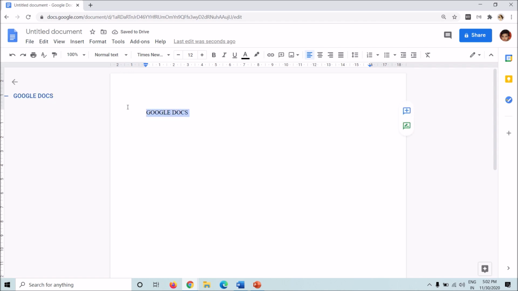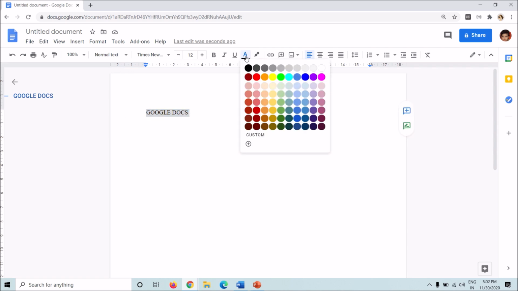You can bold it with this option. This is for italicizing and for underlining. Now, if you want an option to change the color of your text, here's the text color option.